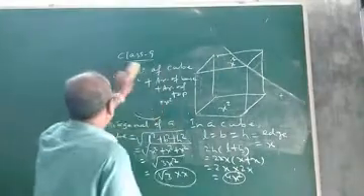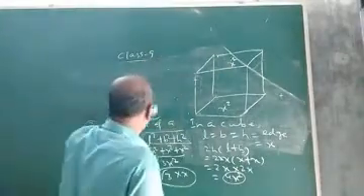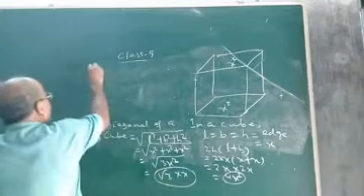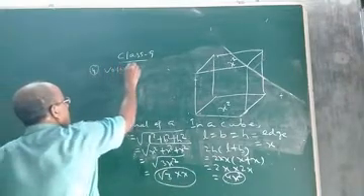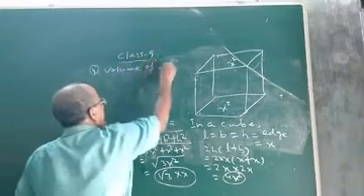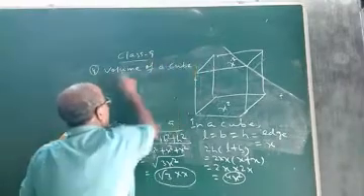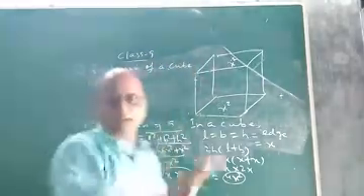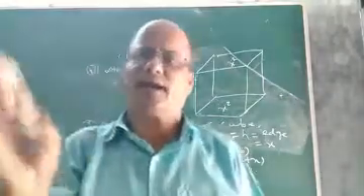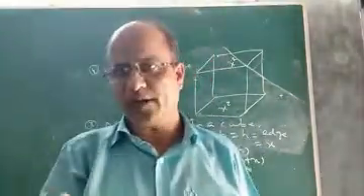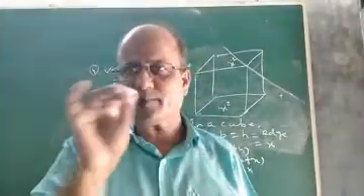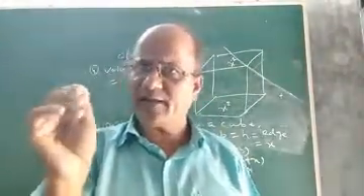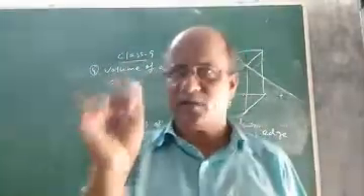Now, how to find the volume of a cube? Let us see. The last formula of cube, volume of cube. How can we find the volume of a cube? Now, children, we have already read the volume of a cube in class 4. In cuboid, I said if you multiply length, breadth and height, you will get the volume of the cuboid. Now, how to get the volume of a cube? As I told you just now, in a cube, length, breadth and height are the same. So, they are called edge. So, in place of L, you write edge.